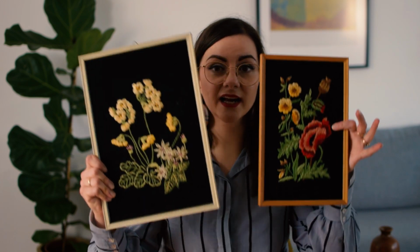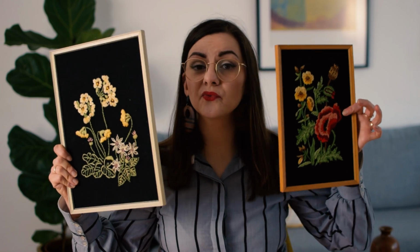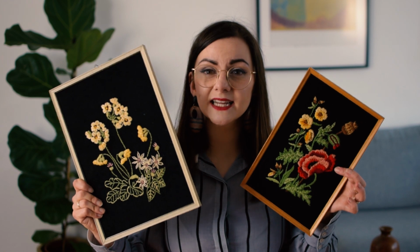Then I found a few art pieces. I am actually in the process of turning my guest bathroom wall into a gallery wall, and I'm specifically looking for dark floral art, which is not as easy to come by as the light floral background art. The first two I found are these. They're both from my favorite flea market here in town, and they're both embroidered pieces, and I paid €2 each for them. And I did get them from the same seller, I think, but I did not get them in